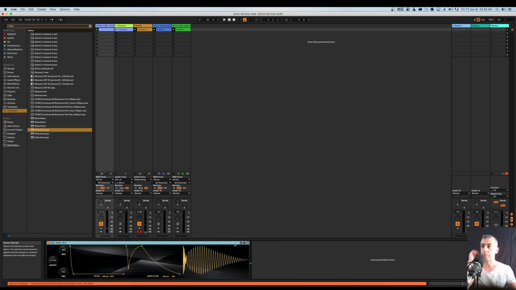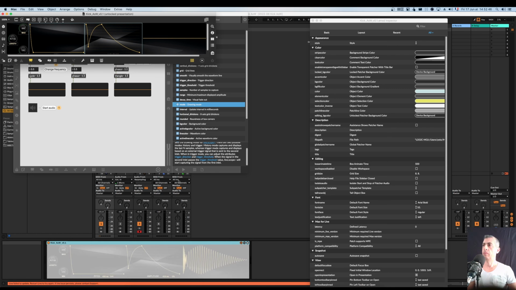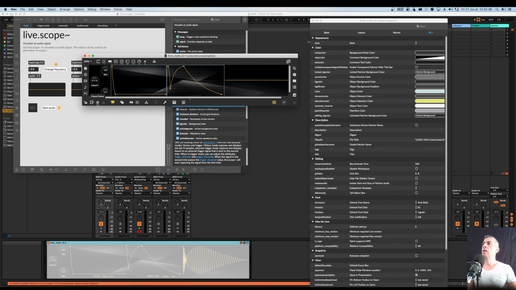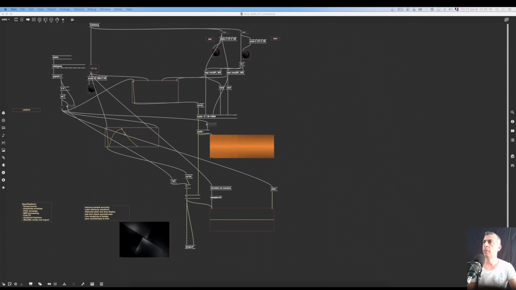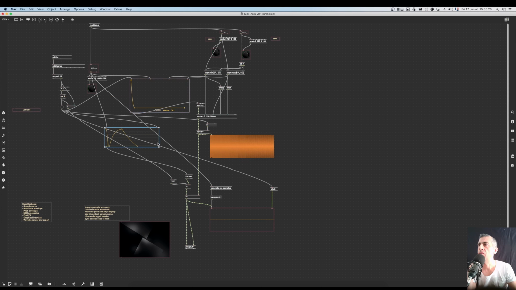Good. So we have these two interfaces now. I'm gonna just tweak them here because this way I see everything, even though we are not in presentation mode. Okay,